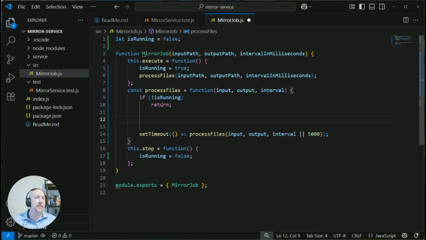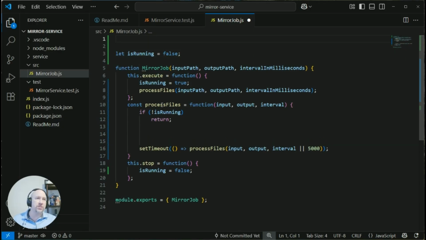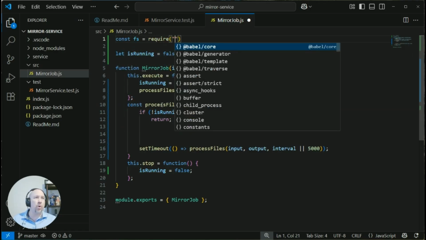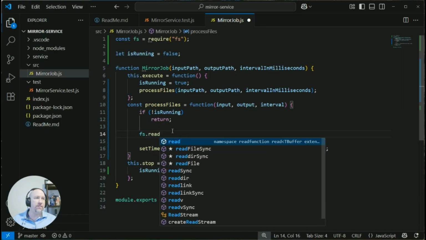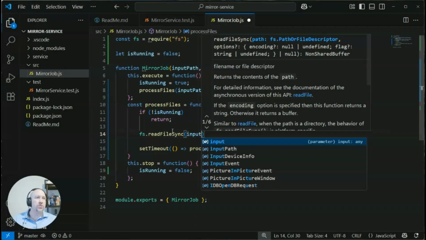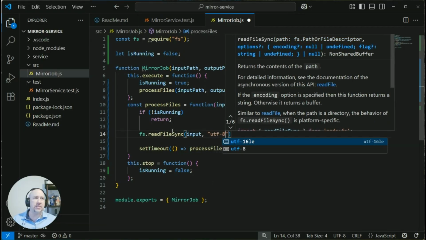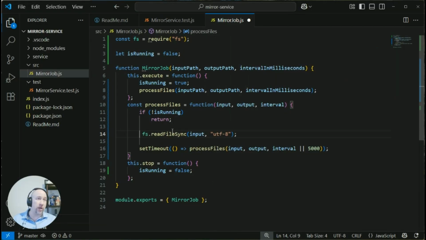out. That's basically it. So to do that, we're going to import, and since we're using CommonJS instead of module syntax, we're going to use require. So we're going to say const fs equals require, and we're pulling in the fs library. Fs is short for file system. We're going to use that to say read file, and I'm going to do this synchronously. So it's going to read our input, and I'm going to tell it it's UTF-8 so we know it is